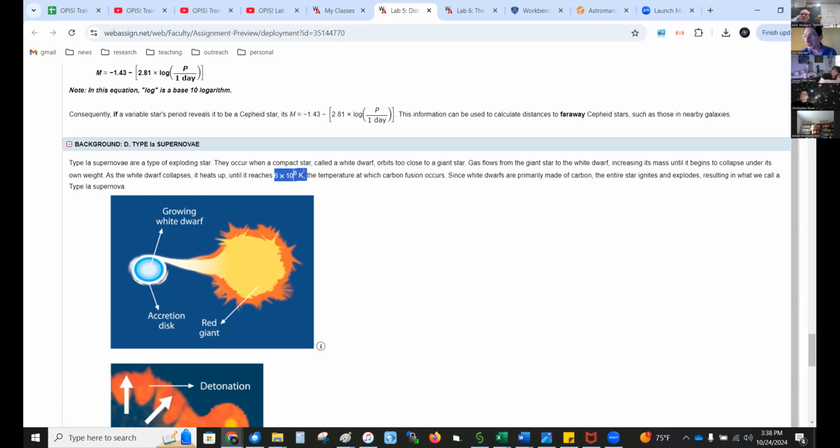Of course, that's a simplified picture too. That's a little bit more detailed just for you. Really, the mass streams over. You pile up a little bit on the surface of hydrogen, it compresses and it blows kind of every few decades. And that's just your standard nova. And it leaves helium residue. And so nova after nova after nova for thousands, millions of years, whatever it takes. Then the helium residue piles up to 1.4 solar masses and gives you the type 1A. So you get actually a bunch of little explosions and then a big one. Like that one we've been waiting for,